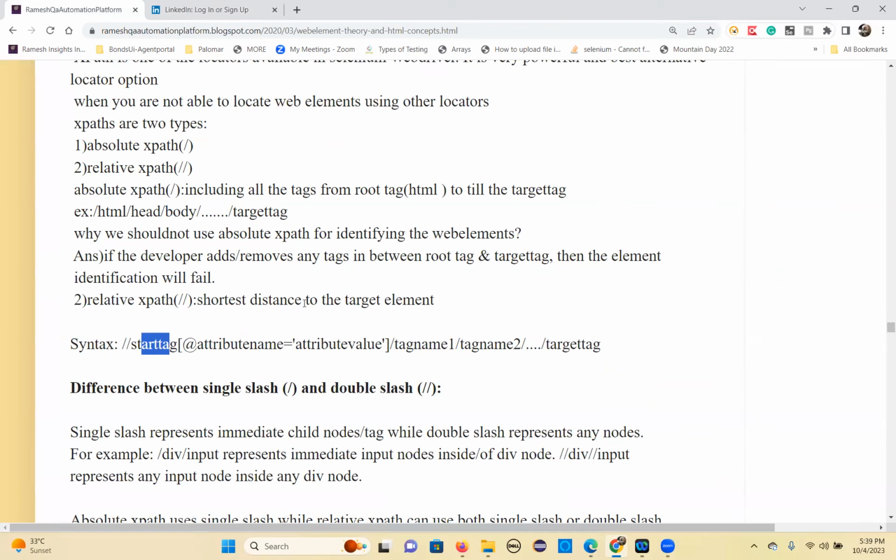Write that start tag, square bracket. This tag has some attribute, right? Take at least one attribute. You have to use the @ symbol before the attribute name. In CSS, we didn't give that @ symbol, right? But here, we need to provide the @ symbol before every attribute. That's the mandatory thing here. So to represent it: @ attribute name equal to single quote attribute value, single quote close, then square bracket close, and